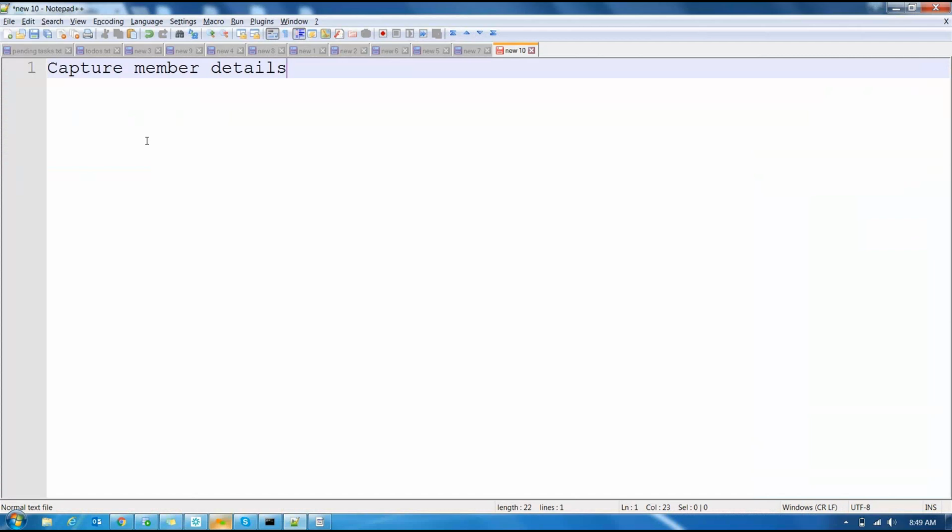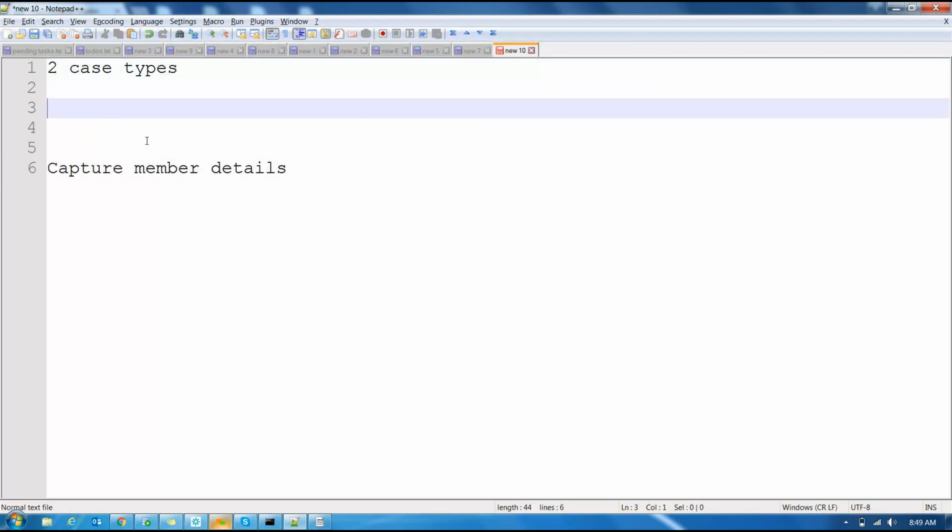Okay. So what I'll do is create two case types. One case type I'll be teaching you in the class. The second case type you'll be working on in parallel at your home. So I'll have two case types. One case type is authorization, right? Second case type, let's name it as